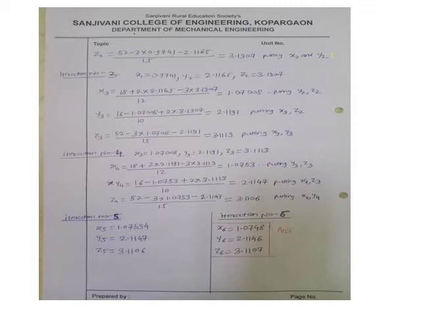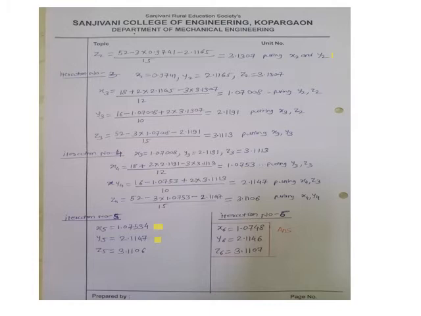Likewise, for z4 you use the current x4 and y4. In iteration number 5, you will use the values of x4, y4 and z4. So here you will observe that after a certain point, the difference between the consecutive iterations is going to get reduced, and when it becomes less than 0.001, let us say 0.001 is the given accuracy range, if it comes below that, you need to stop.